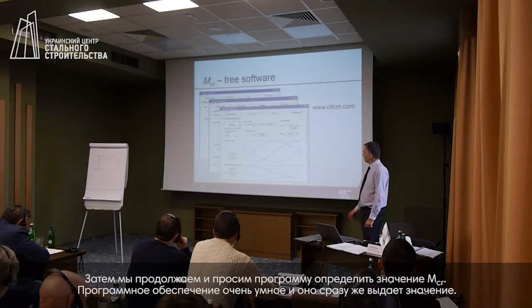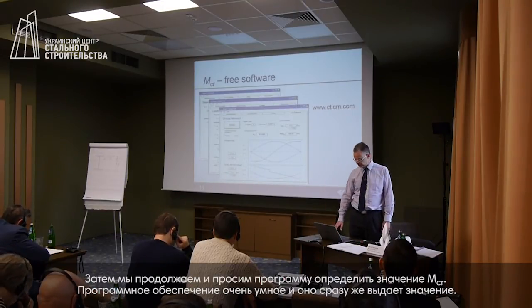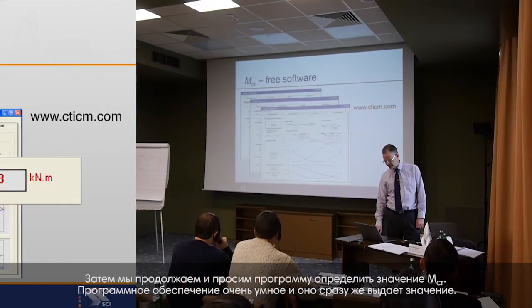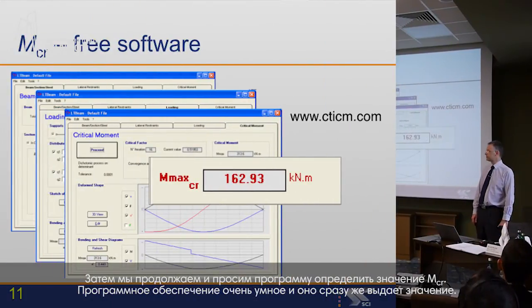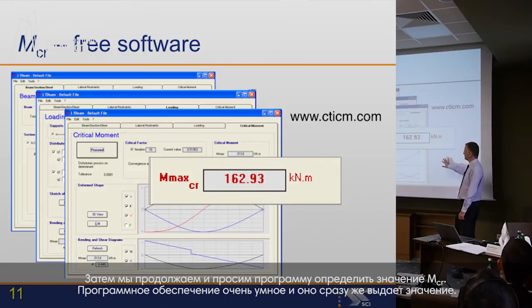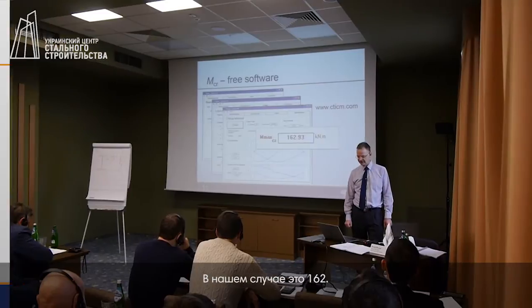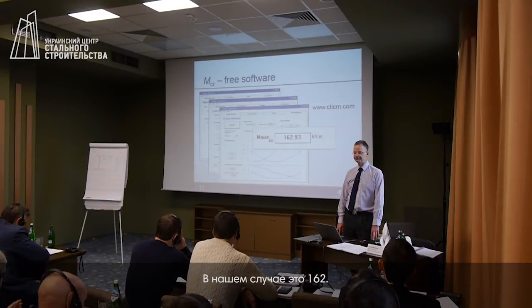And then we continue and we ask for the software to determine M crit, and the software does some very clever things and tells us that the M crit value in this case is 162. And just like yesterday,